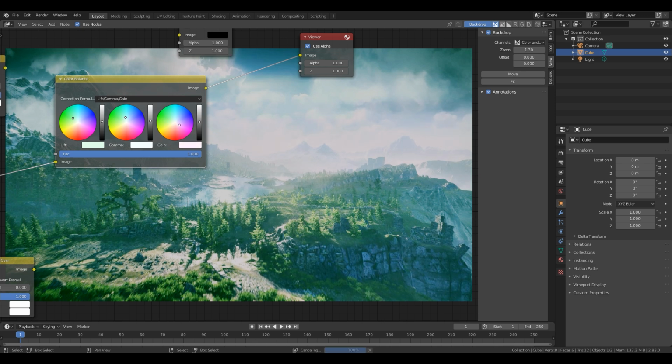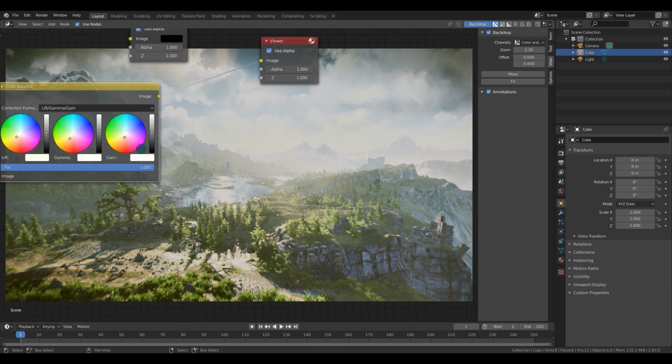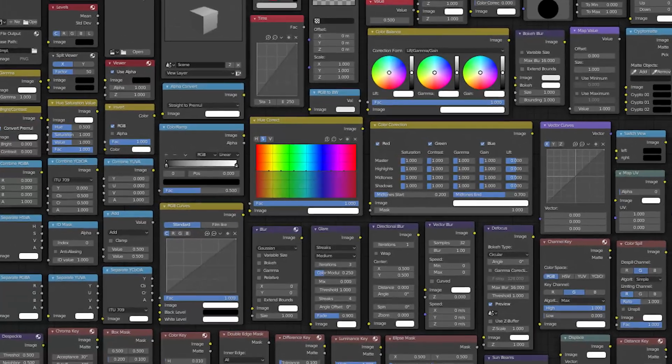You'll be spending time here if you want to replace screens, add 3D elements to footage, or watch a CG Matter video. I will be explaining every single compositor node. There are 87 of them in total.